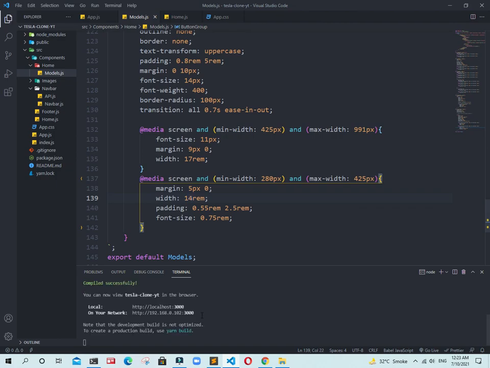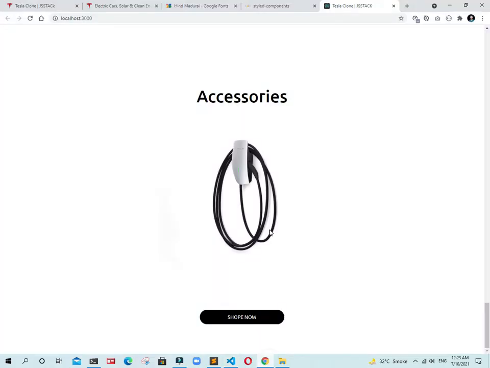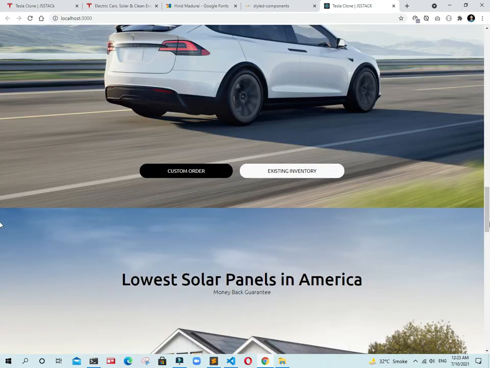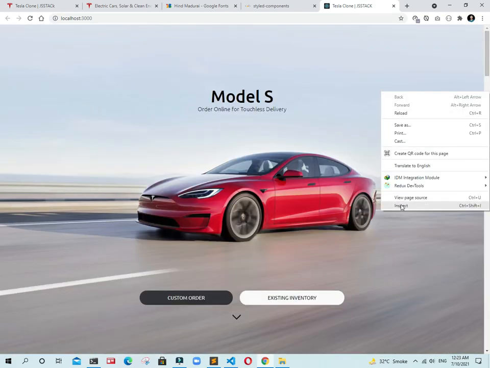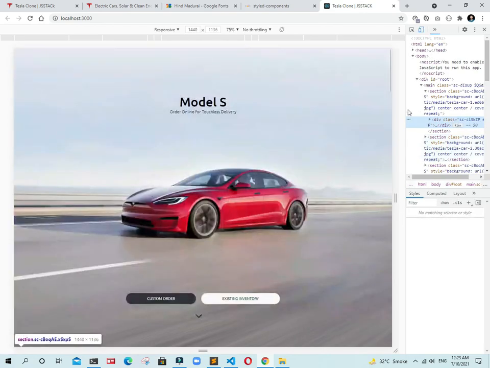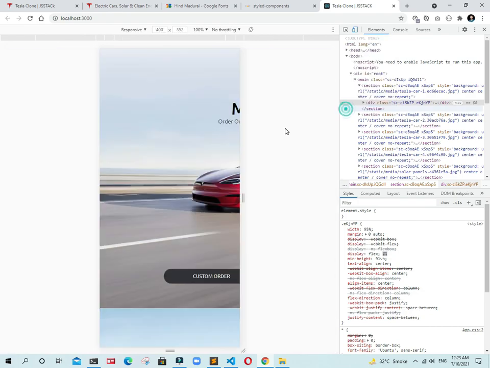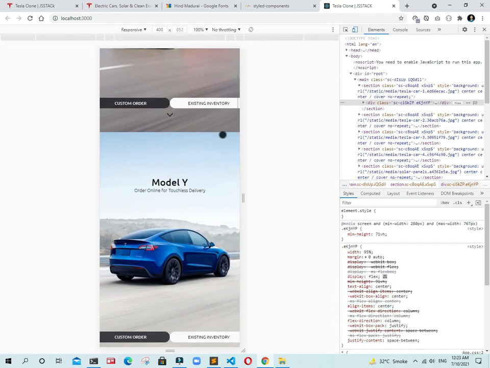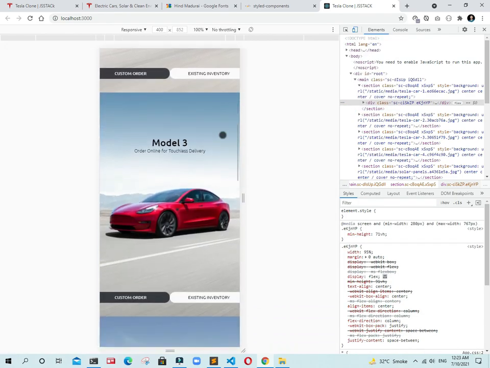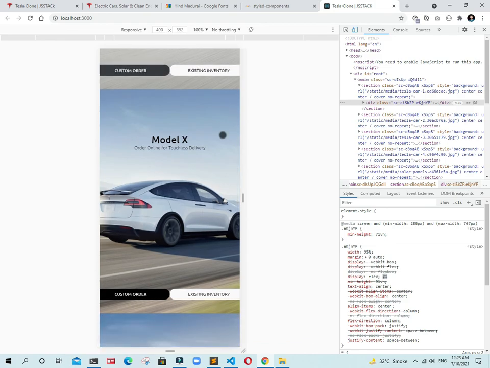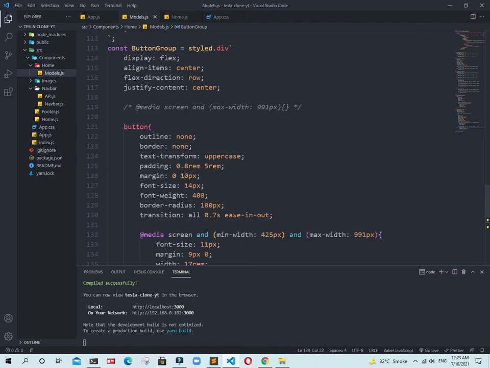Now save, compile it successfully, and go back to your website. If I inspect this side, it is set to default for small devices. Awesome guys, really cool. But there we need to add flexbox in the blog.